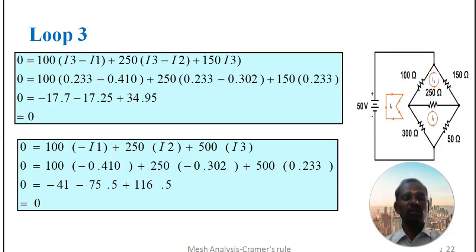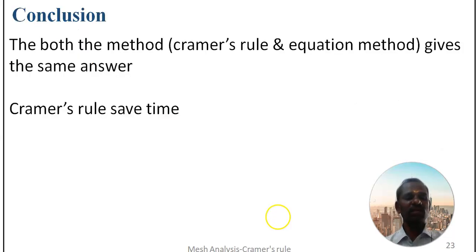So using Cramer's rule also we can see that 0 is equal to 100 into the value of your I1 plus 250 into the value of your I2 plus the value of your I3. Here also we have the equation, total is 0. So we have proved that the answers from Cramer's rule and the equation method are the same. The only advantage is that Cramer's rule saves time. The question asked is, what is the current